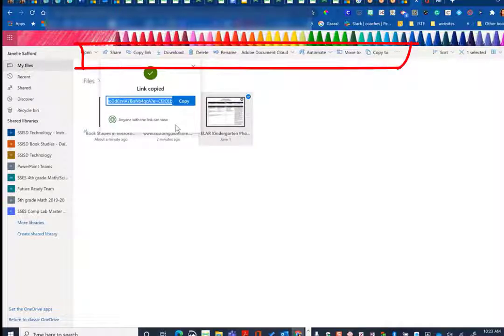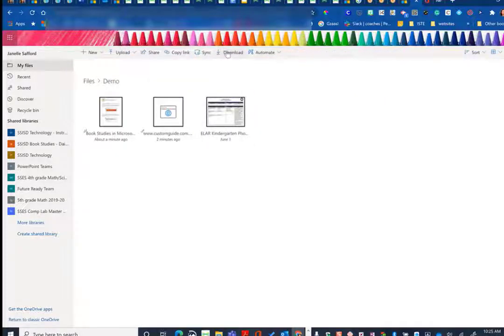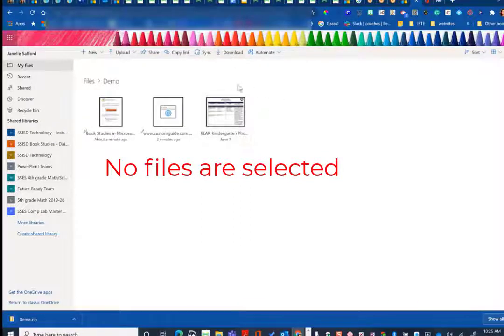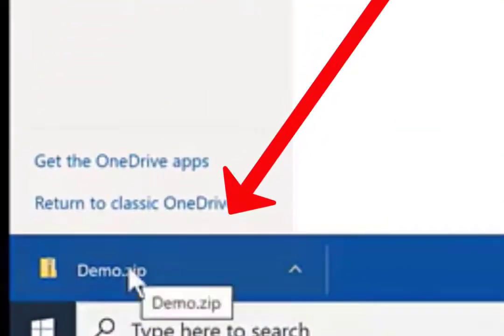Now I want you to notice the ribbon. If I select one of my files, the ribbon all of a sudden changes, so I have more options. If I just click download, it assumes that I want everything in this folder to be downloaded, which is okay. But just know that if it's more than one file, it will be downloaded as a zip